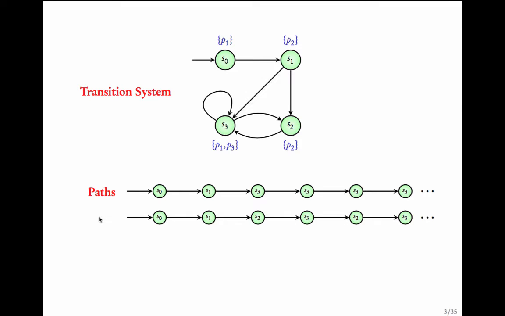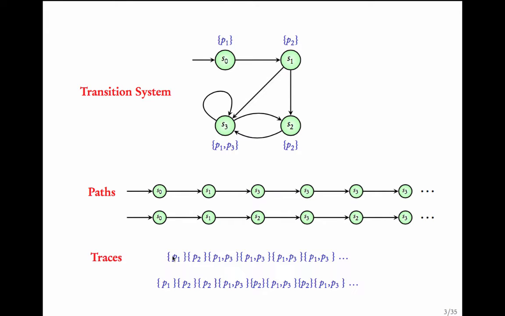We have so far been looking at paths in this transition system. For example, say this is S0, S1, S3, S3, S3 and so on. Then there is this path S0, S1, S2, S3, S2, S3, S2 and so on. So we have been looking at infinite paths. Once we have paths,